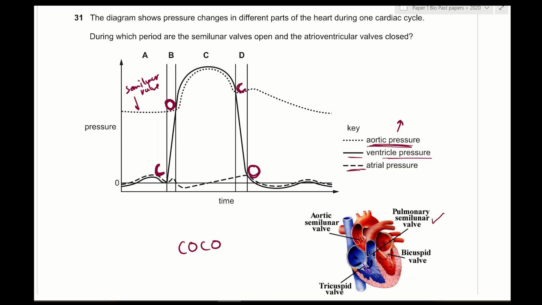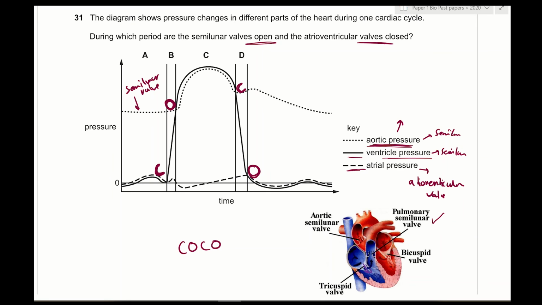Now, atrial pressure, so this is semilunar, and atrial pressure has something to do with the atrioventricular valve, because when the atria contract or the pressure on the atria increases, this means that the atrioventricular valve is pushed open. So that's what we're looking at here: during which period are the semilunar valves open and the atrioventricular